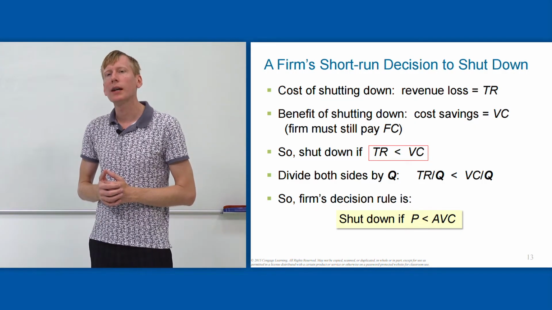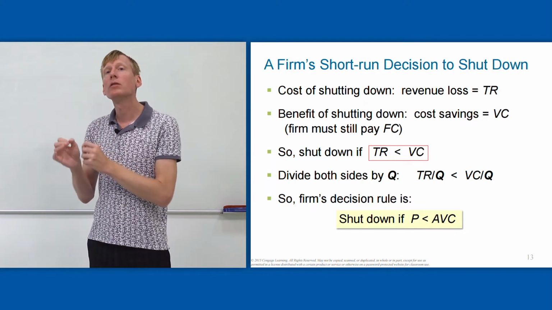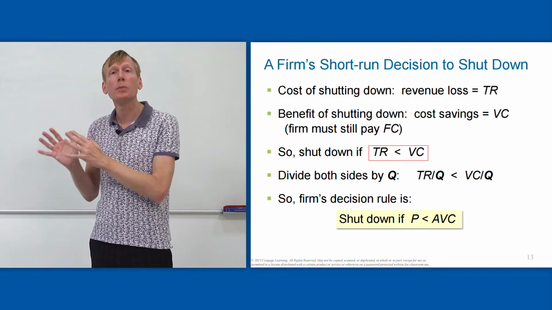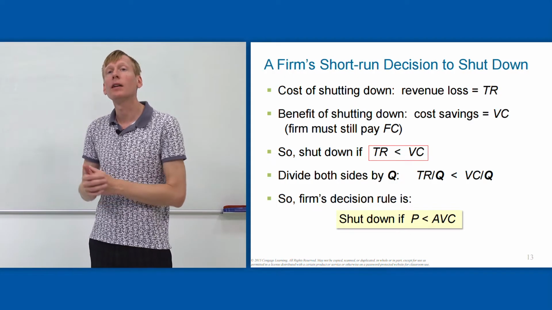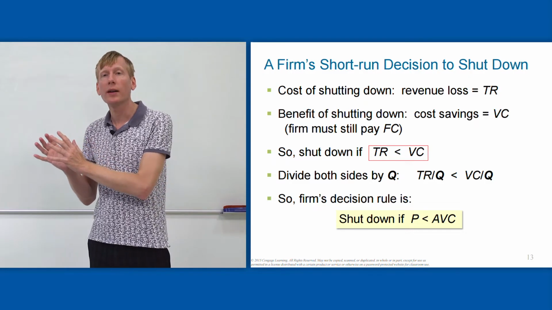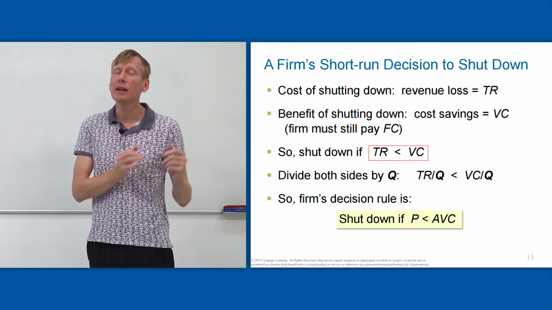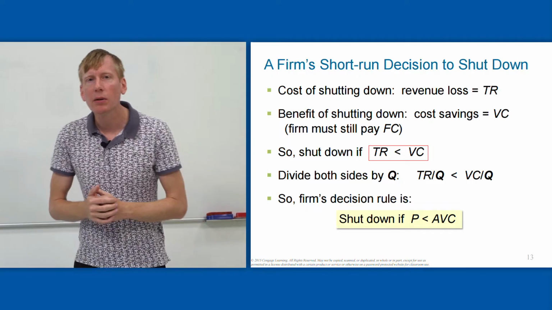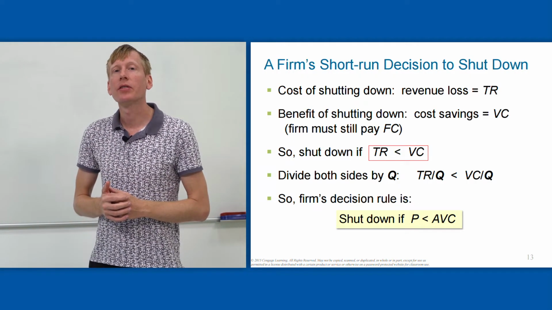So what this firm would look at is that point which was optimal, where marginal cost was equal to marginal revenue, which is the best they could potentially do if they didn't shut down, to compare their losses, assuming they're making losses, when producing that quantity of output, to their losses if they were to produce nothing and pay only fixed costs. If their average variable cost, which is what they can avoid by shutting down,